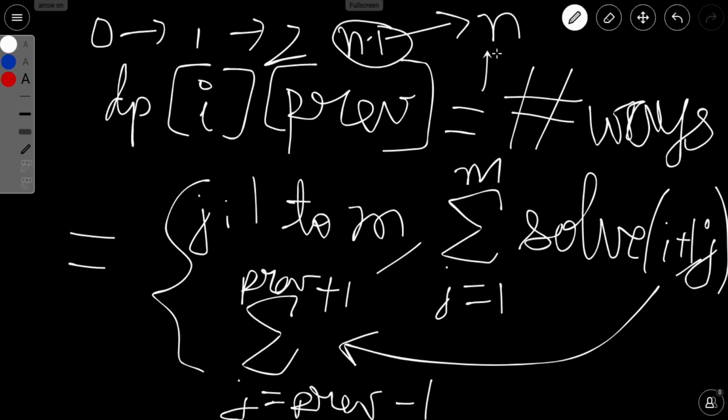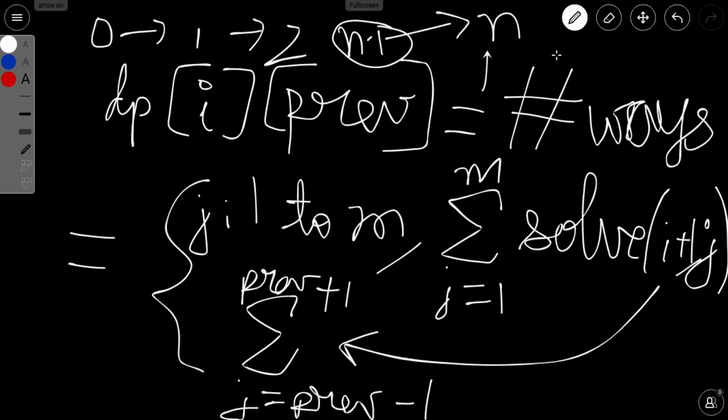So at that time, what do you need to return? You don't need to return 0, because you are finding the number of ways. So for the terminating condition, if it is successful, then we always return 1, because that is a successful count. That is a way to do the given task, or you can say that is a possible array you have got. So you always return 1 in that case. So whenever i is n, you will return 1.